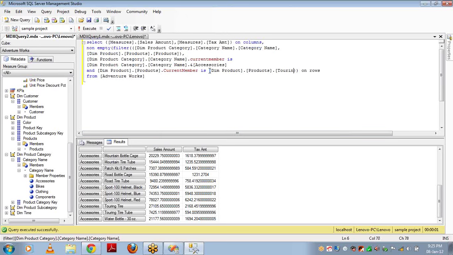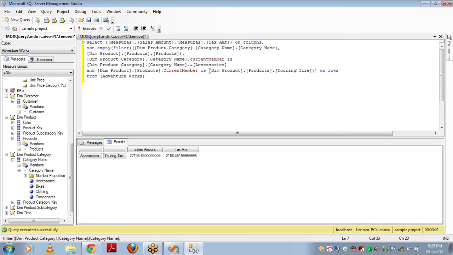If I run this, it has to satisfy both the conditions: the category name should be accessories, and the current member of the product is touring tire. It is satisfying both the conditions, and hence it is returning this particular one.